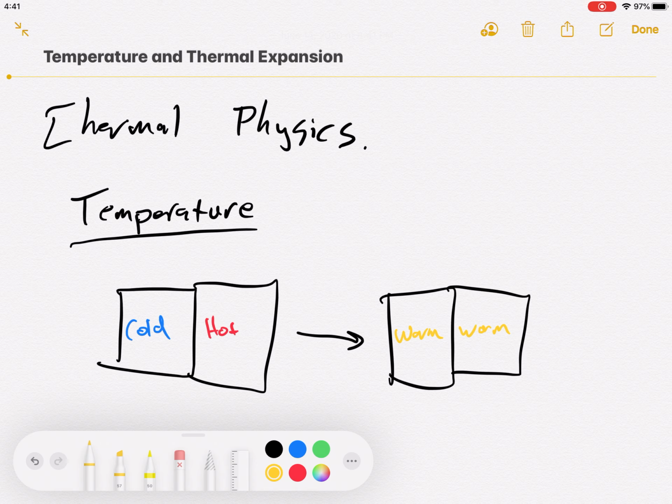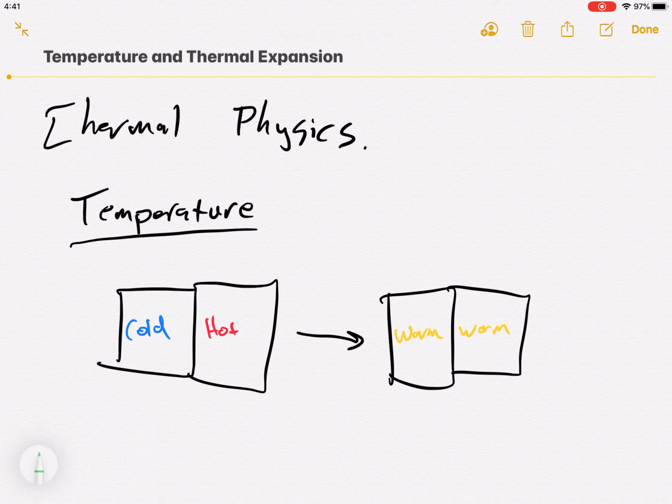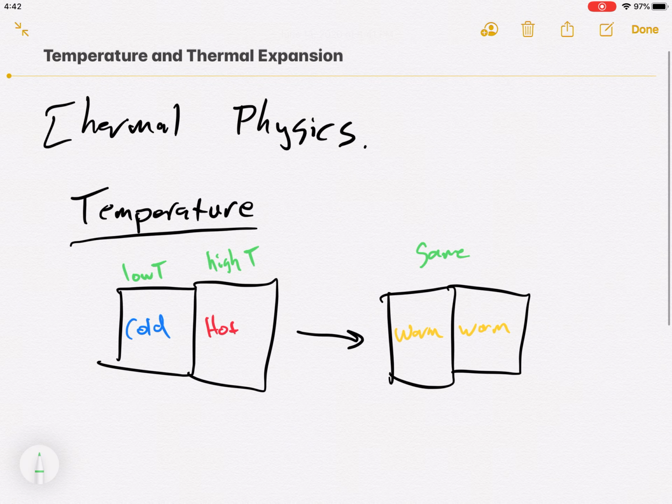Let's say we had a hot car and a quarter. Let's say you pulled a quarter out of the freezer and you put it in the hot car. They're going to come to the same temperature. Now they may both be hot or cold, but they're definitely not containing the same energy. So again, temperature: this guy has a high T and this guy has a low T, and at some point later they have the same temperature. So clearly, temperature is an intrinsic property, meaning it doesn't change with the amount of stuff you have.